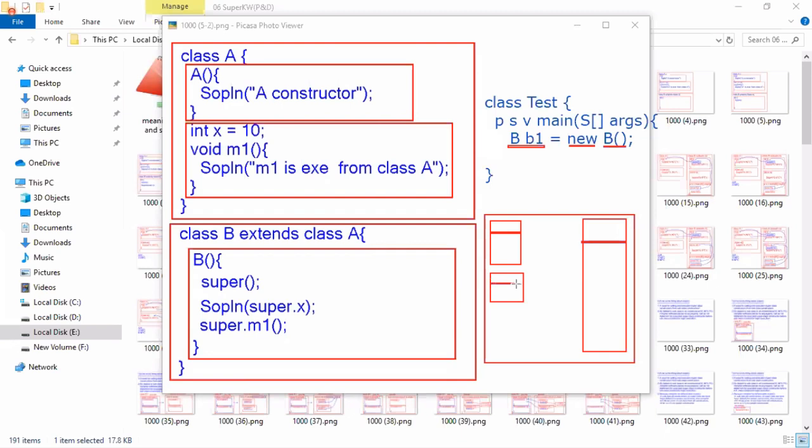So A class is loaded and B class is loaded with its members. No static variables and no static blocks in the super class or subclass. Okay. Then in the heap area, the new keyword creates B class memory with A class memory and Object class memory. In B class, we do not have any variables, and in A class, we have variable X. X variable memory is created with the default value 0.